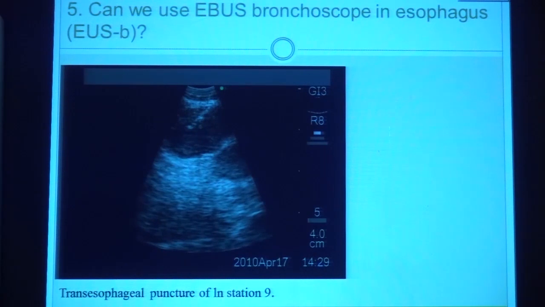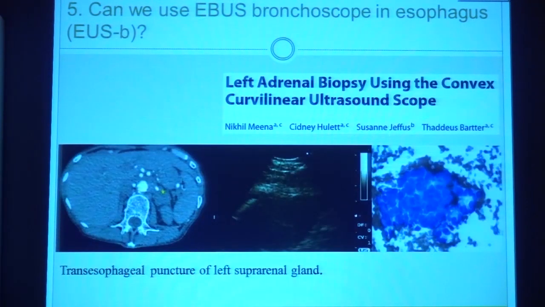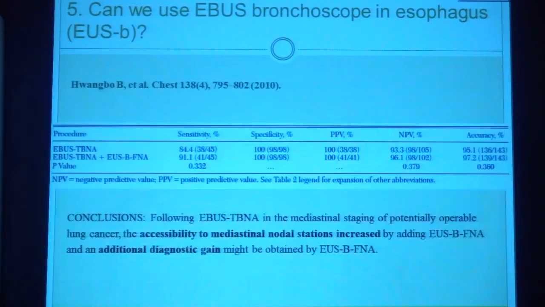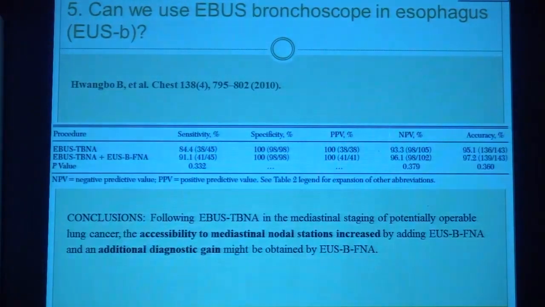And we can also puncture the lymph nodes in stations 8 and 9, and if you go a little bit further, according to the first reports, the left adrenal gland is also accessible by the EBUS bronchoscope, not just by the EUS bronchoscope. Right at the moment in the Netherlands, one large study was started about in how many patients we can visualize the left adrenal gland, and in what percentage of patients we can also puncture it. There were two very nice publications in Chest 2010,